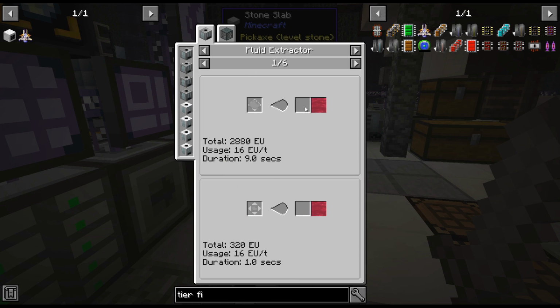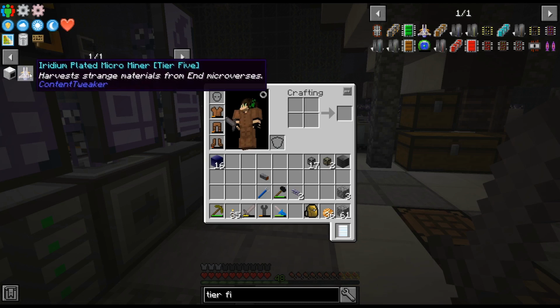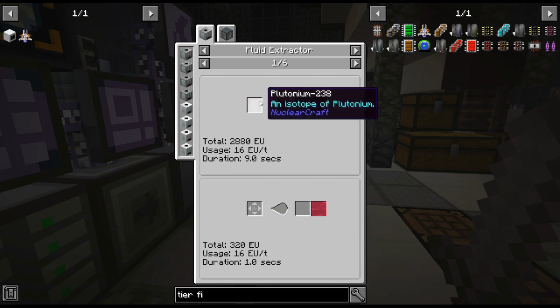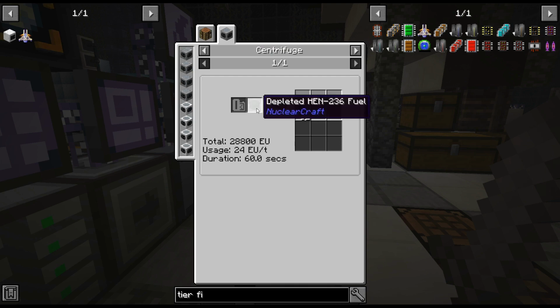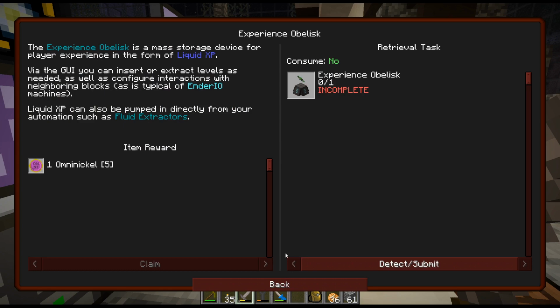I'm assuming this is the way to get it, because that's like a Content Tweaker recipe, so I'm assuming that's been added. So I'm assuming this is kind of the intended route. So we would need this plutonium-238, which is the tiny, or yeah, you do that. But yeah, that's... Does it have to be burnt in a...